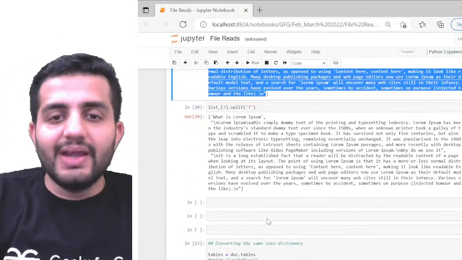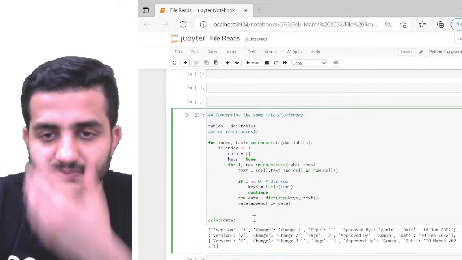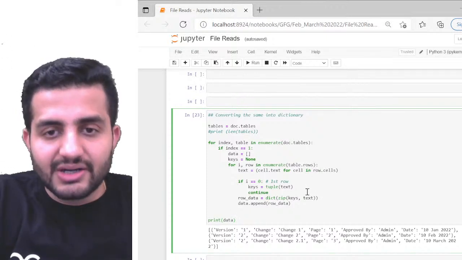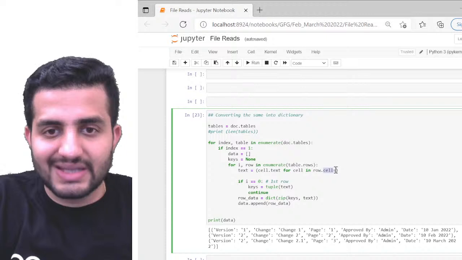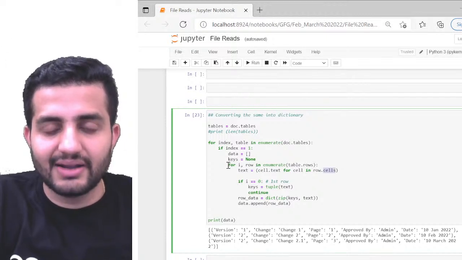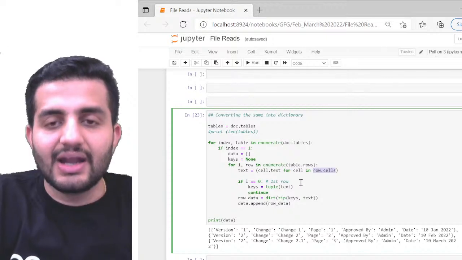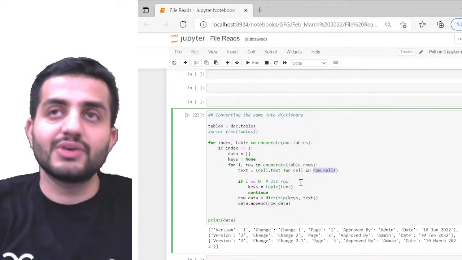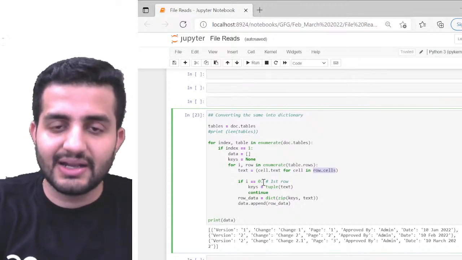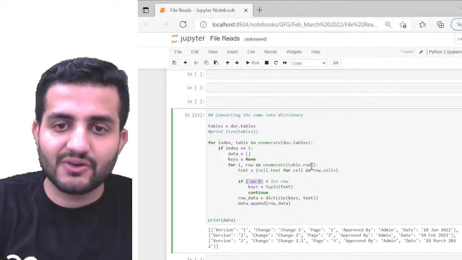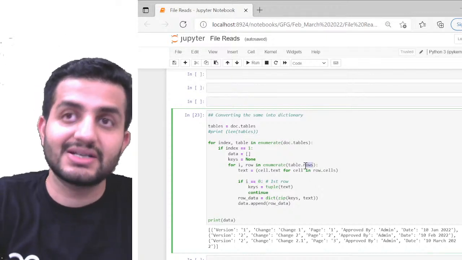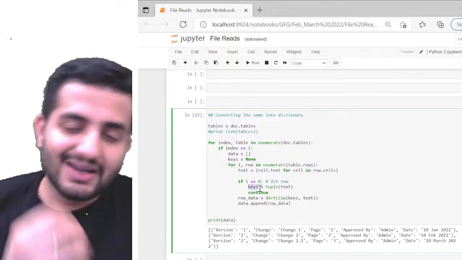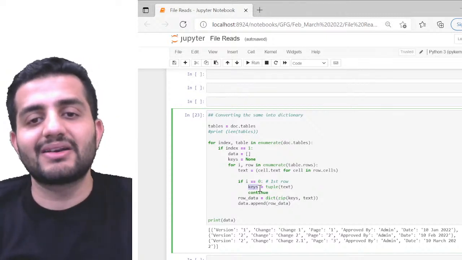Got it? The other way we did was a dictionary. So what is in the dictionary? Similarly, again, I'm reaching my cells in one way or another, iterating over my rows and getting my cells. Now in the cells, I'm making the first row. The first row is my header, right? So here I'm saying if i is equal to 0, which is nothing but the index of my rows, that means it's a header. In that case, just take the first row as my keys completely. Whatever elements are there will be treated as keys.